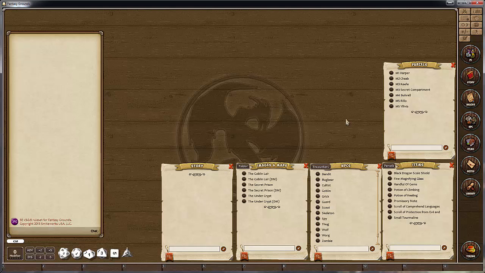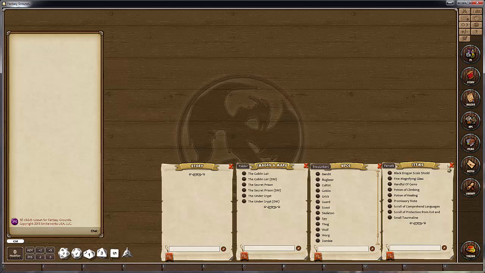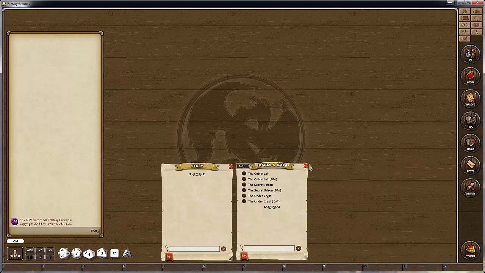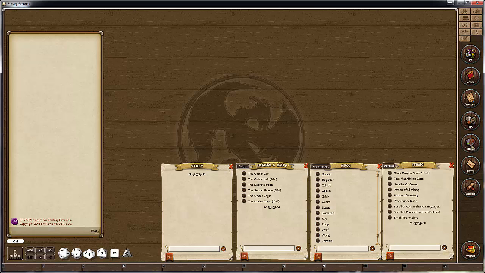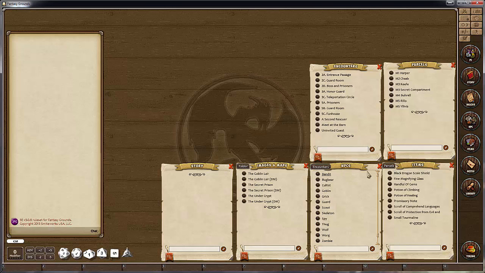Okay, I now have all of my parcels finished. So I now have everything ready to go ahead and start building these story entries. Actually, I guess we need to leave these all open. Parcels, encounters, there we go. So we have all of our pieces built, and all that's left to do now is actually build our